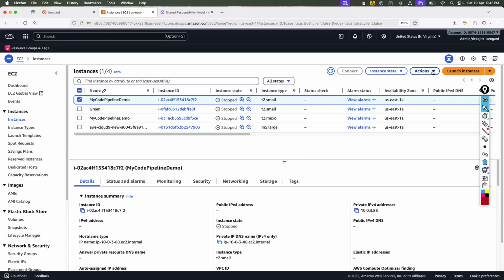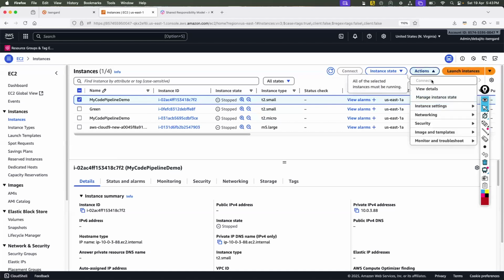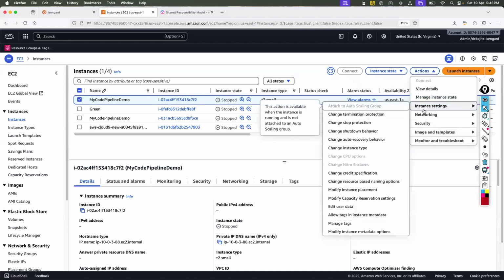Many students say, okay, there's an AMI, I can take an AMI, and from the AMI I can create a bigger server. Last day we discussed AMI, but it takes a lot of time, correct? You first take the AMI and then create the server, but AWS has come up with a much quicker way to do that. Go to Actions, there's an option called Instance settings, and then there's an option called Change instance type.